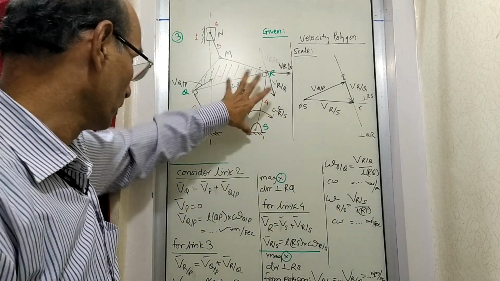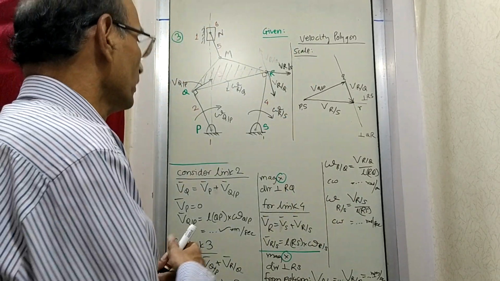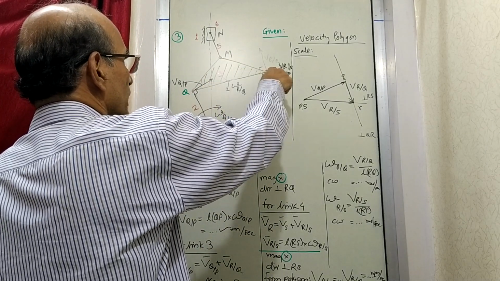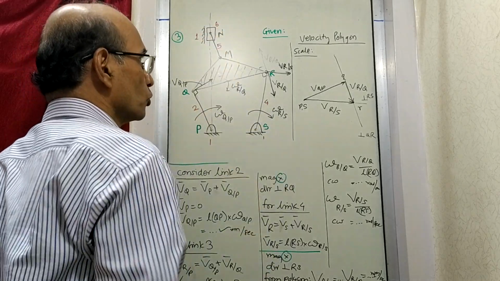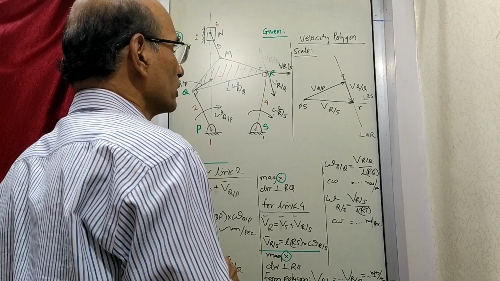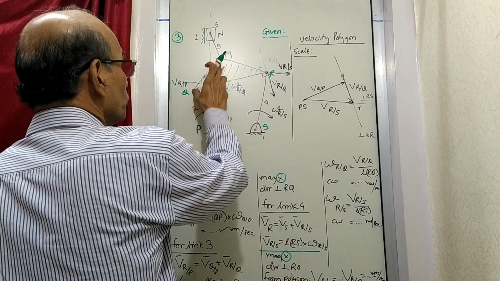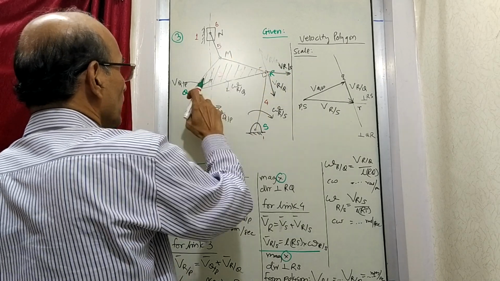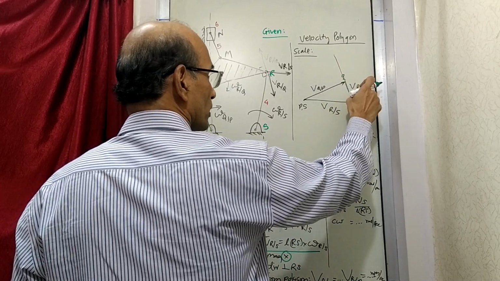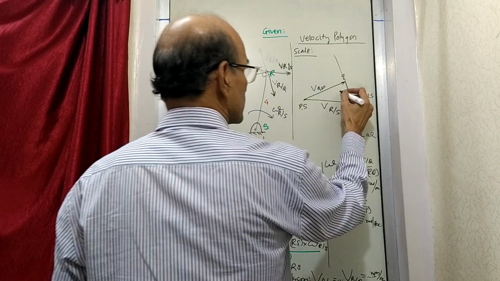But now here the problem is having some more links, some more velocities are asked. So for getting them, what we will first see is link number 3 is expanded like this. The shape of the link number 3 is like this. So it has got point M. So we have to mark point M over there. For that, we have to find out the proportion Q to M and R to M, and the order is Q M R. So Q M R, this is the order. So M will come on this side. I'll just take this out and write this here inside.